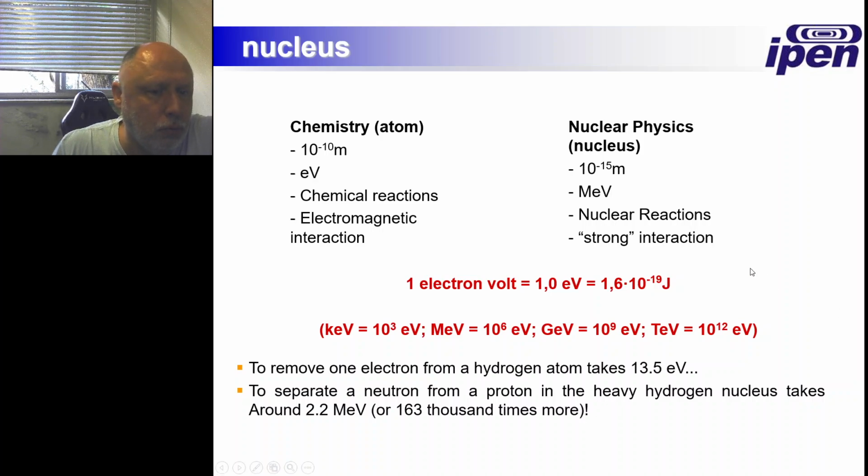And well, we would do better not having to carry this 10 to the minus 19 everywhere, right? So we use a unit called electron volt, which is essentially the electrical potential energy of the charge of one electron exposed to a 1 volt potential difference. This is essentially what an electron is exposed to in the outer orbits of an atom. So okay, this is a very convenient unit.